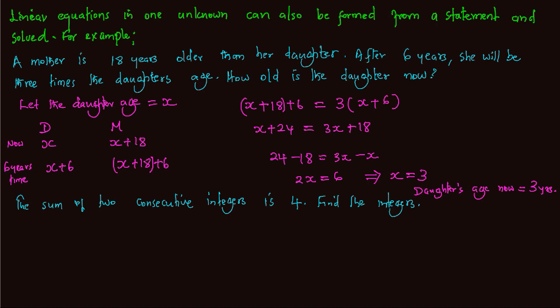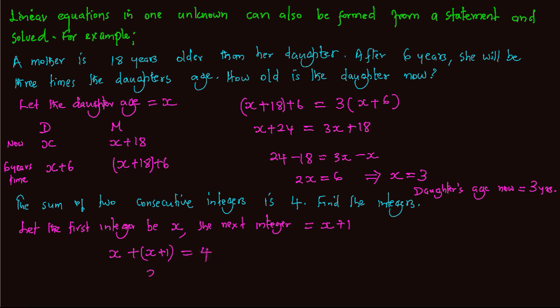Another example, the sum of 2 consecutive integers is 4. Find the integers. So we know that consecutive integers differ by 1. So if we let the first integer be x, the next integer will be equal to x plus 1. So x plus x plus 1 is equal to 4. 2x